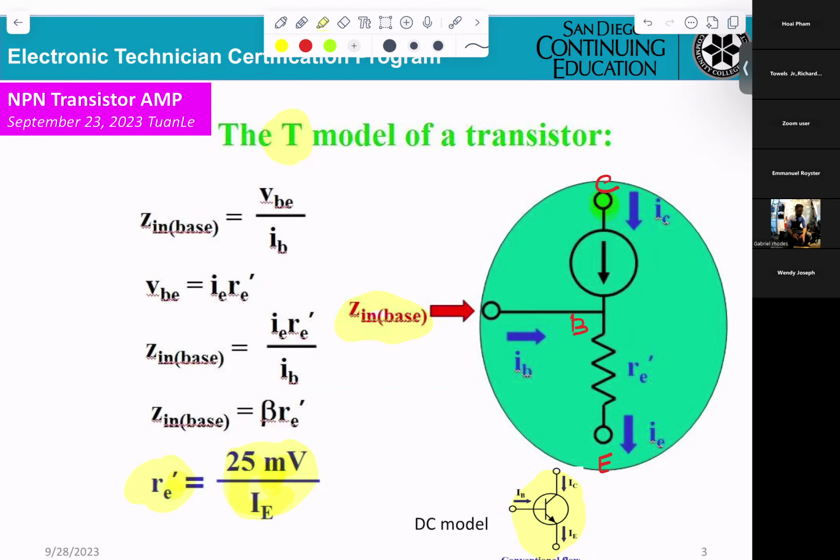In here also, they give you the input impedance, Z in base, VBE divided by IB. Okay? And VBE equal IE times r prime e. Okay? That means from the base to the emitter, okay, the current